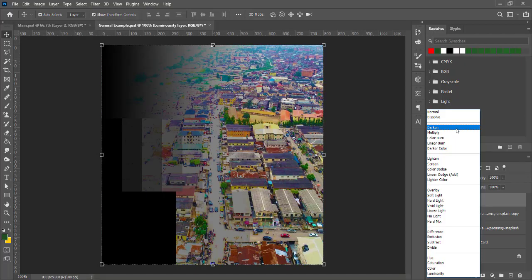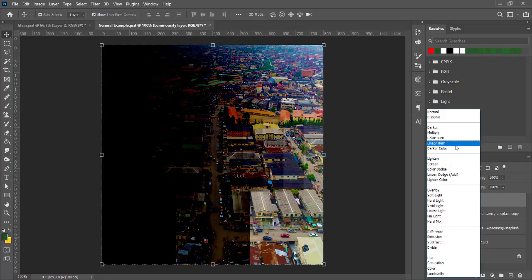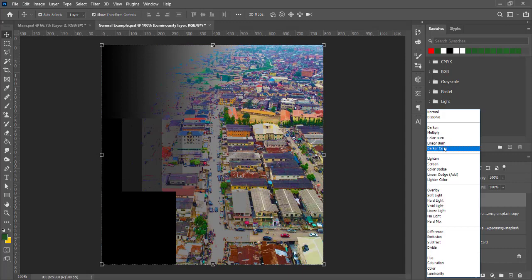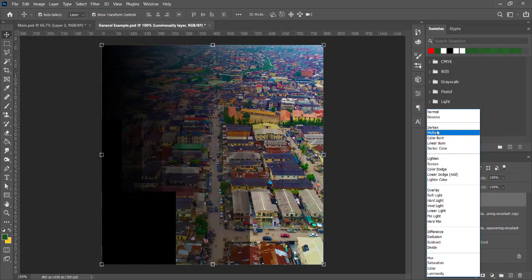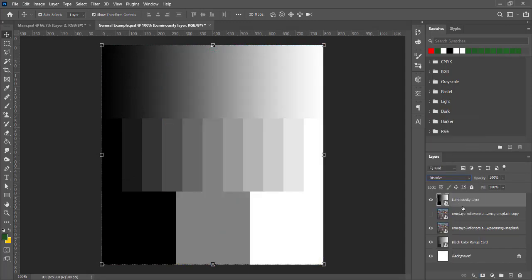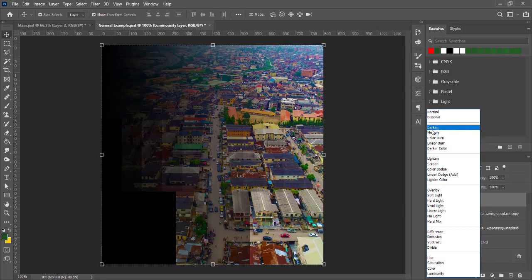The second category is the darken blend mode. This blend mode comprises darken, multiply, color burn, linear burn, and darker color. When you choose any of these blend modes in this category,